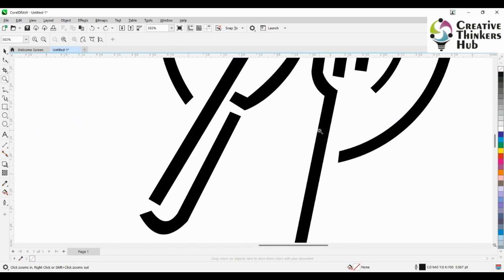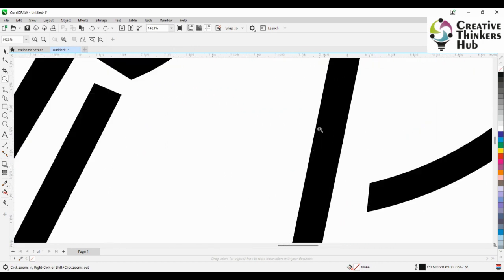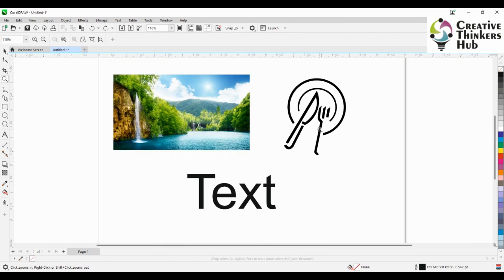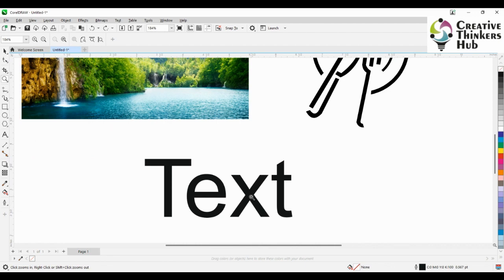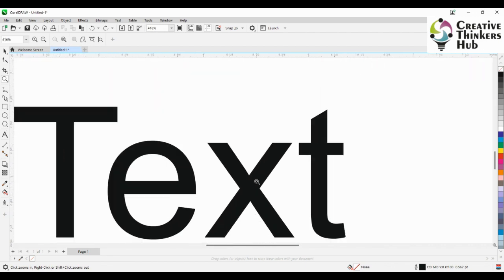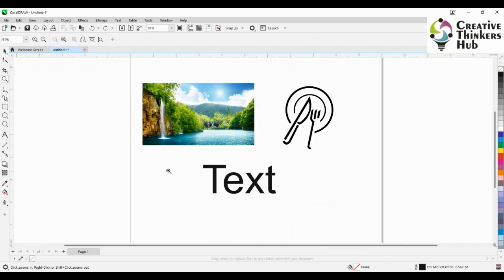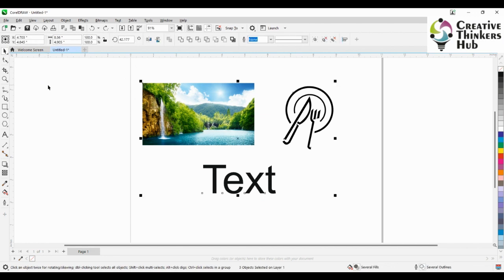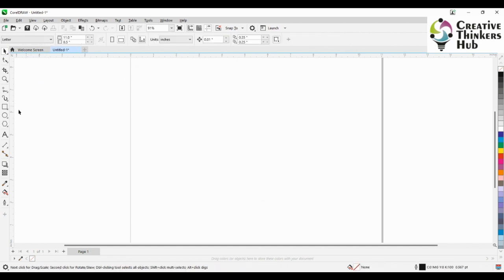No matter how much you zoom in on a vector, it will not get pixelated, and therefore it can be enlarged to a very large extent. And it's the same with the text. So images are pixel dependent, and therefore they have to be worked on in a particular way. Now, having said that, let's start with